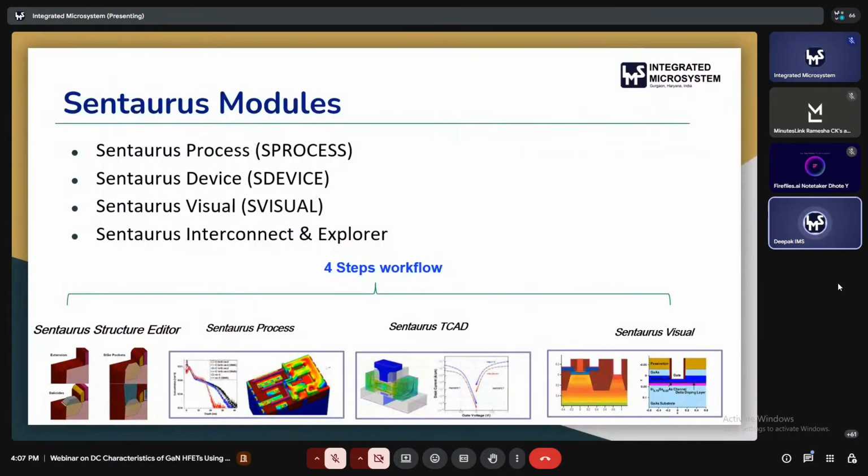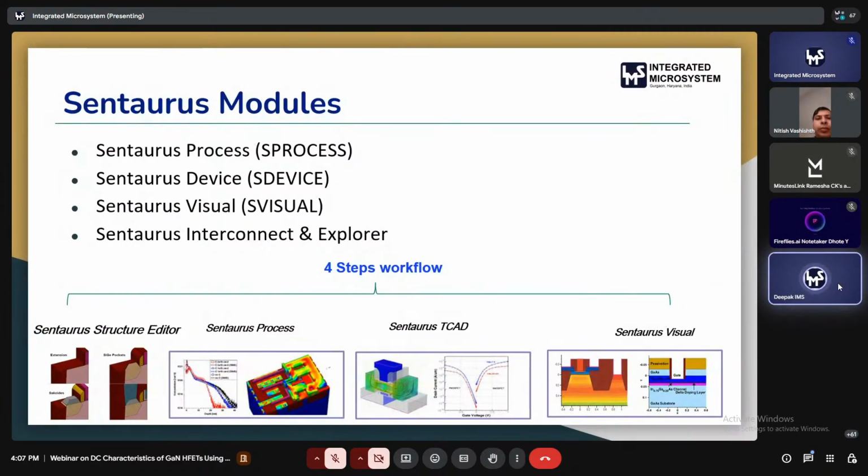Now, if we talk about the key modules that come under the Synopsys Sentaurus TCAD, there are four modules: Sentaurus Process, Sentaurus Device, Sentaurus Visual, and Sentaurus Interconnect and Explorer. Sentaurus Process basically helps to simulate the device structure by using fabrication steps like deposition, etching, and implantation. And Sentaurus Device helps to simulate the electrical, optical, and thermal behavior of